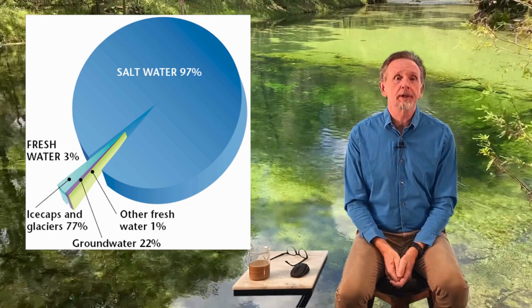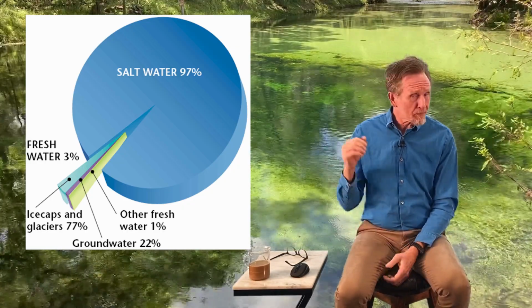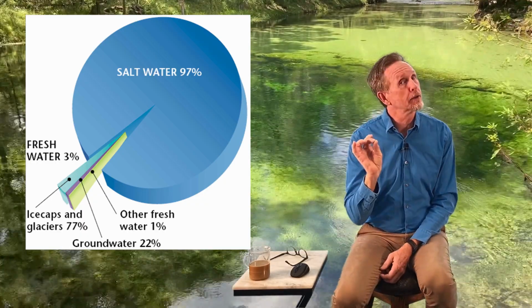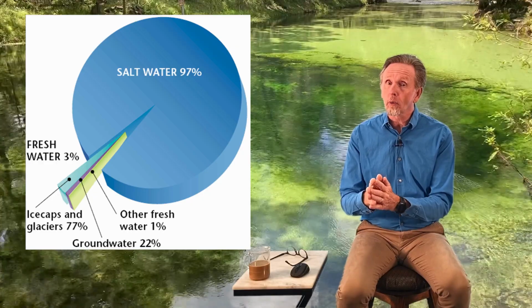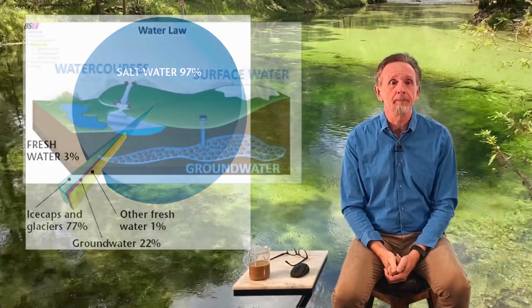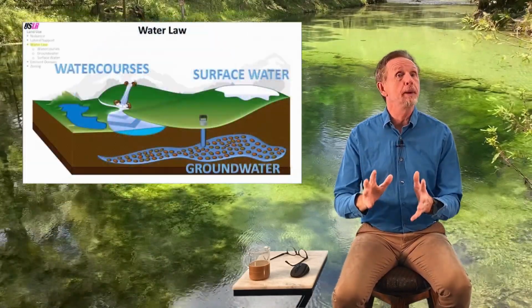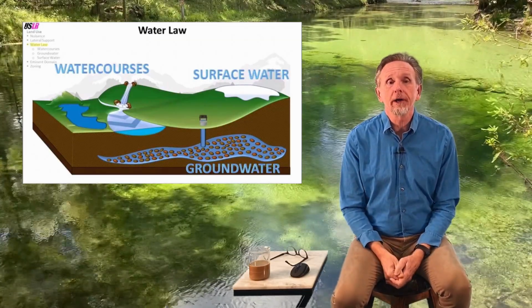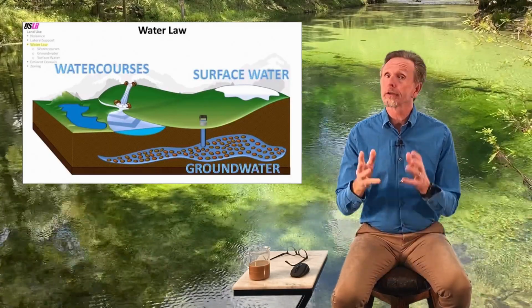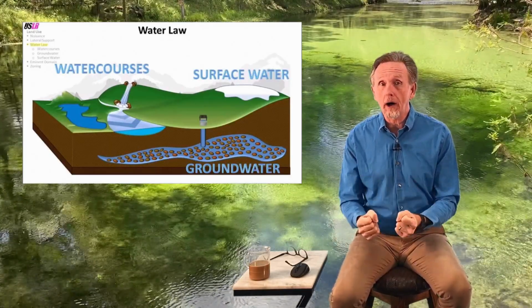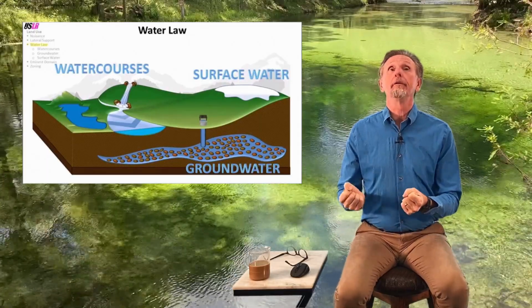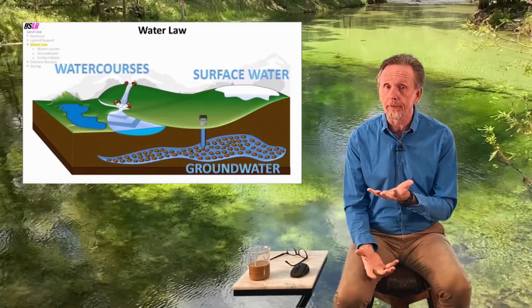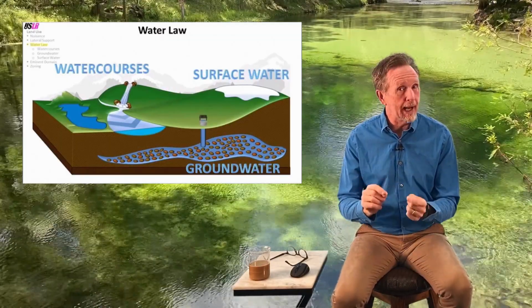This is just a graphic to kind of look at it. Salt water 97%, this tiny little slice, and of that tiny little slice, only a teeny tiny bit is really surface water easily available to you and I. The fresh water that most people use is coming from lakes and rivers, and also a very narrow zone beneath the Earth's surface. Like here in Florida, we tap into aquifers. We have aquifers, we have deep aquifers, and a lot of our water is trapped way down in these really deep aquifers that we don't really have easy access to.